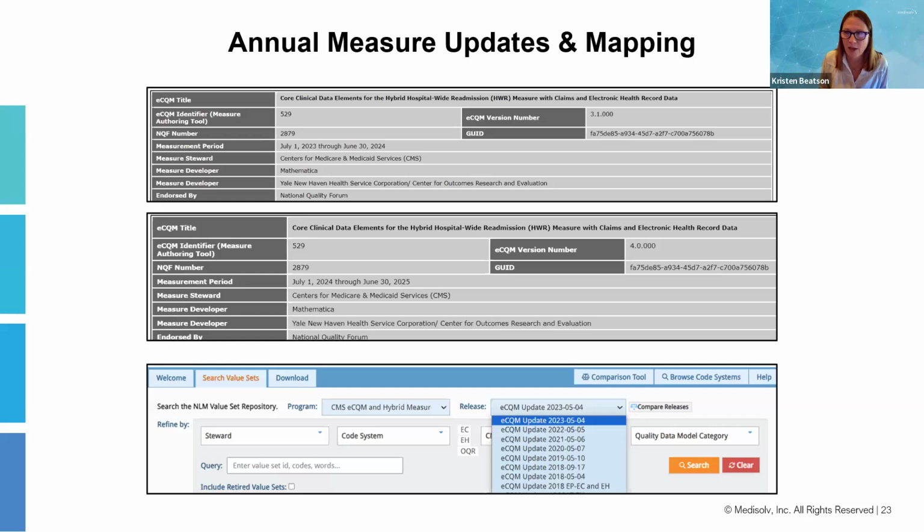And then the very bottom, if any of you are responsible for the mapping piece of this and for monitoring the codes and the code changes and mapping on the back end in your EHR, this bottom screenshot is from the Value Set Authority Center website. That is the go-to for all value sets associated with all measures, eCQMs, and your hybrid quality measures. So you want to make sure someone that you're working with on this has access to VSAC and access to pull that data every year when there is an update to those value sets. Next slide.